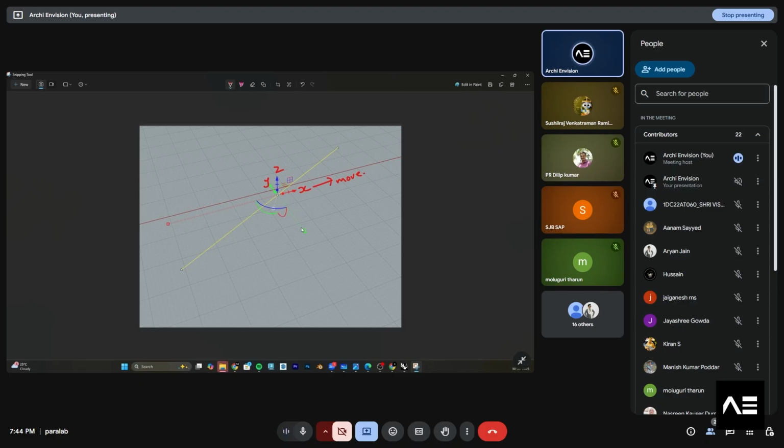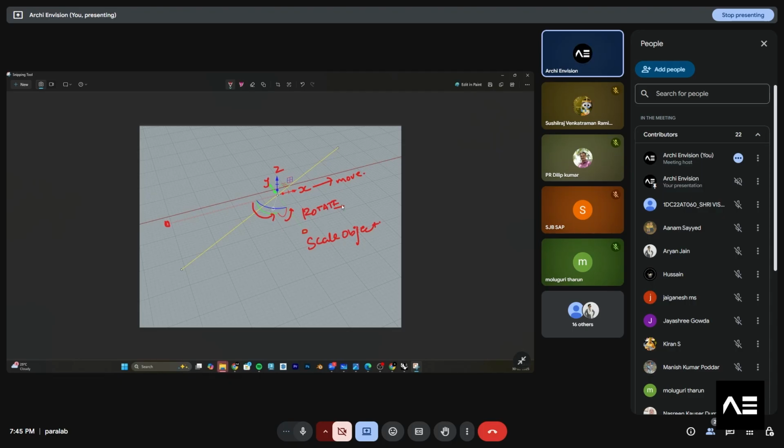And if you see, there is a small square over here. This is actually to scale the object. And there is a curve over here, which is used to rotate the object.